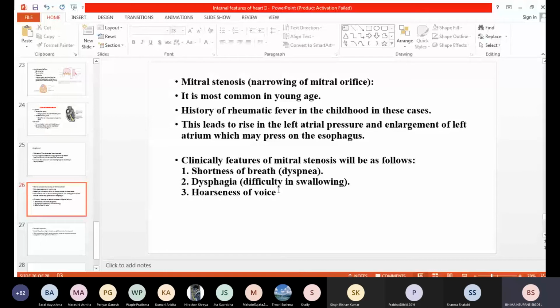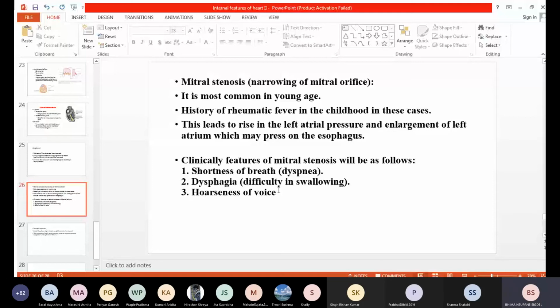After that, there is tricuspid stenosis. In this case, blood flow from the right atrium to the right ventricle is reduced, and again there will be an increase in pressure in the right atrium. Blood will not pass from the right atrium to the right ventricle, but blood from the superior vena cava, inferior vena cava, and coronary sinus keeps coming. So that will finally lead to systemic venous congestion, that is enlargement of the systemic veins, and ultimately right heart failure in tricuspid stenosis.